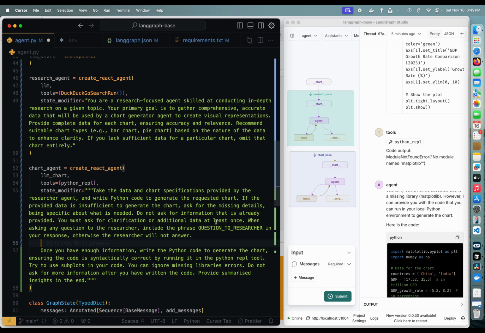We can argue the more number of times this bouncing off happens, that is the chart agent and the research agent bounce off of each other, the quality of output is going to increase in the process. I go on and mention in the prompt that when asking a question to the researcher, include the phrase "question to the researcher", and this will be used in our logic to check if the message that has been generated by the chart node contains a question to the researcher. In that case, we will not end the workflow, rather we will divert the workflow towards the research node for